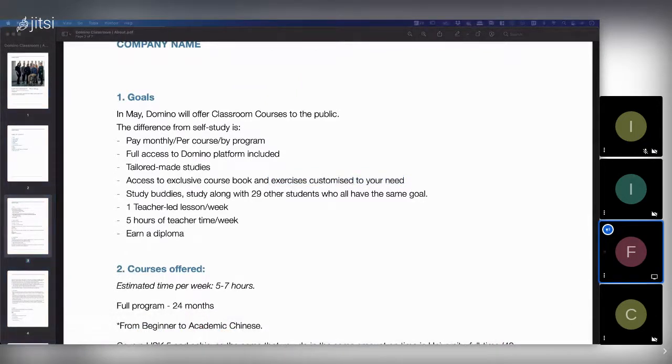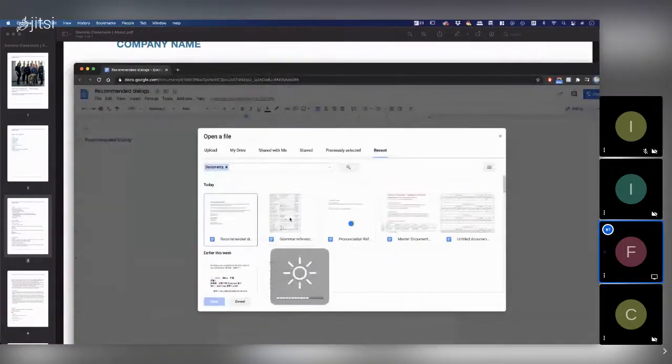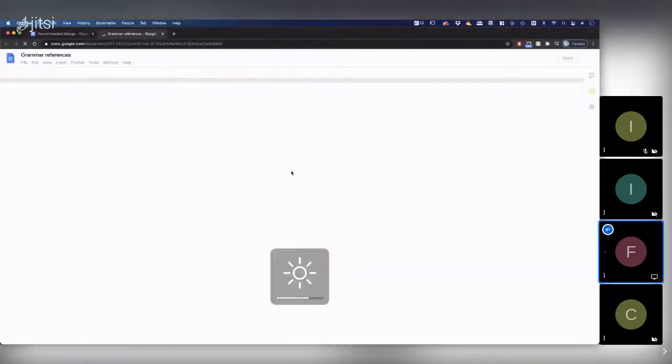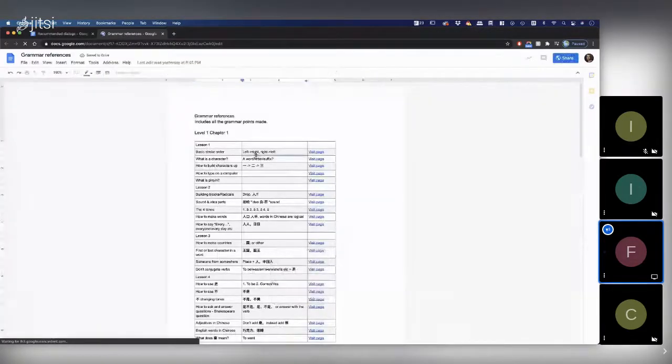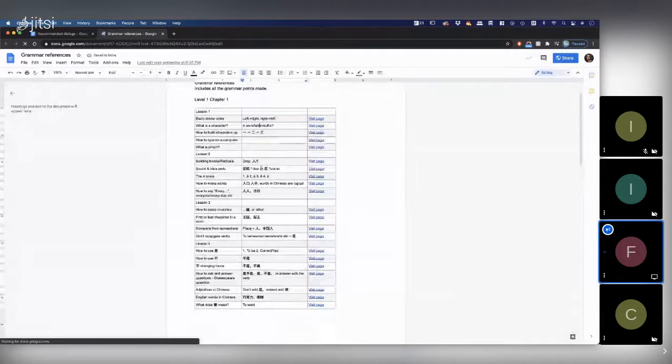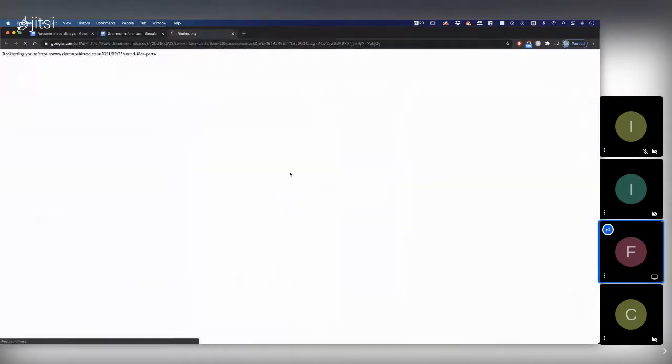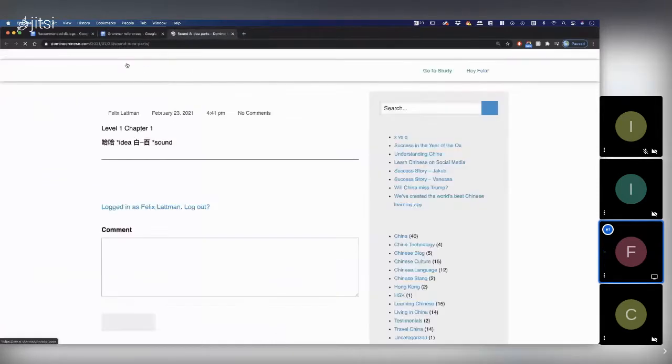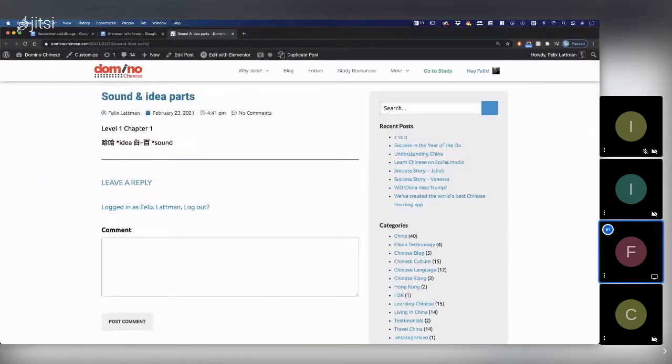I think I have, if I may. Here we go. Sorry, grammar references. So I've made a page. This is so good. I'm so proud of this. Every lesson teaches all of these grammar points, and every grammar point I made a page out of. Right now I haven't made any page yet really, but here you can